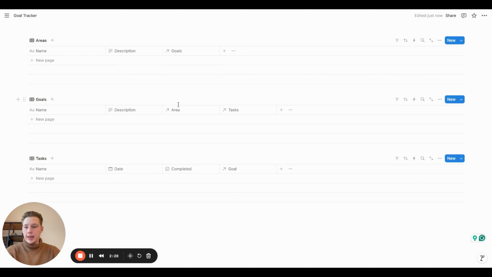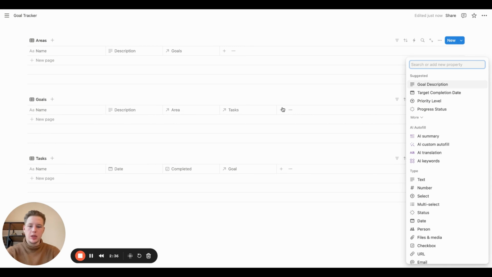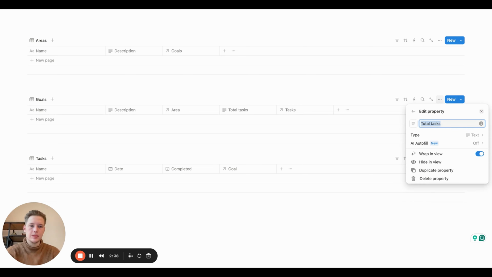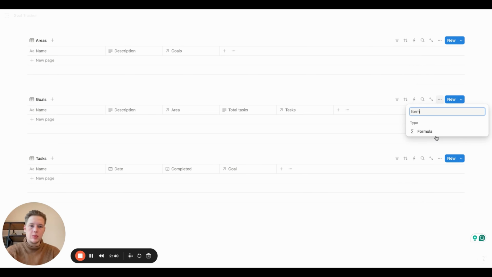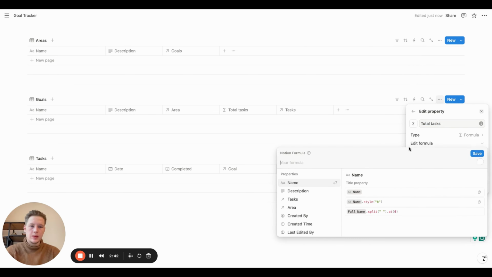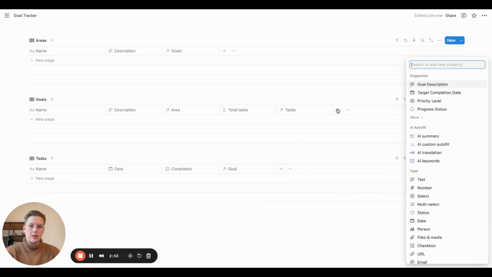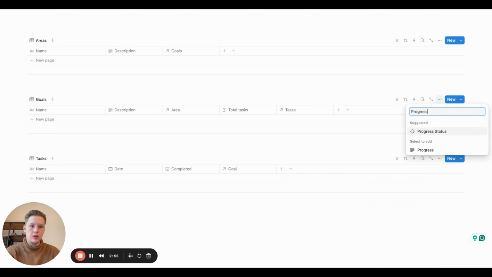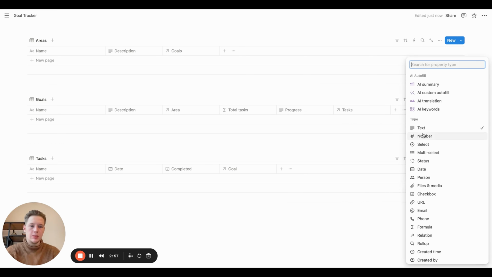Now inside the goals, we can add the progress tracker and also compute all tasks for this goal. Let's just add the new property total tasks of type formula, edit formula, tasks dot length and progress. So new property of type formula,